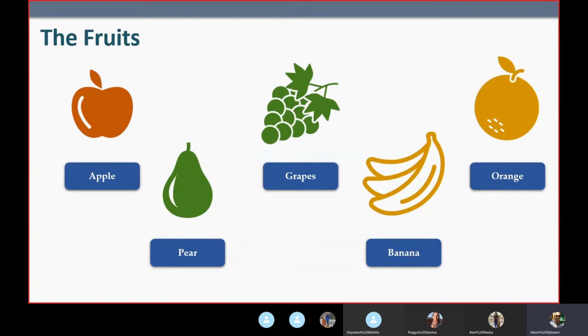From a very young age, we have been taught in that aspect. Basically we've been shown pictures of each of these items, and when we were small we were asked to remember: when you look at this you should think this is an apple, this is a grape, this is an orange or a pomegranate or any other fruit for that matter. That is how we have been taught. In the same way we teach a machine.